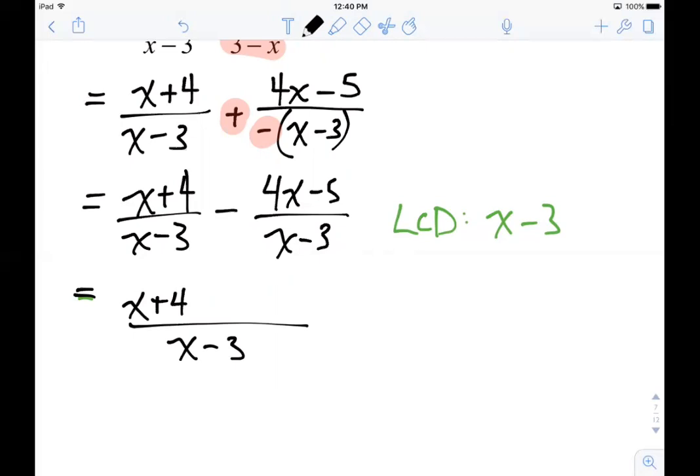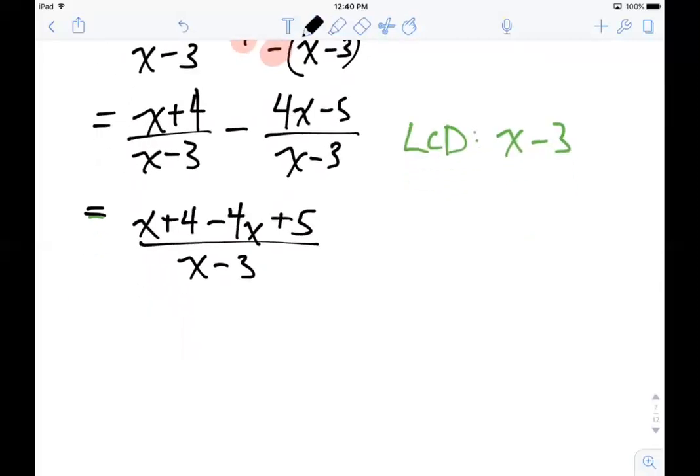So that means I need to be careful with the signs. I'm subtracting 4x, but then I'm subtracting negative 5. Well, subtracting negative 5 means I'm really like adding 5 extra ones on. So simplify that. Well, it's going to become negative 3x, and then we have plus 9, and it's still over